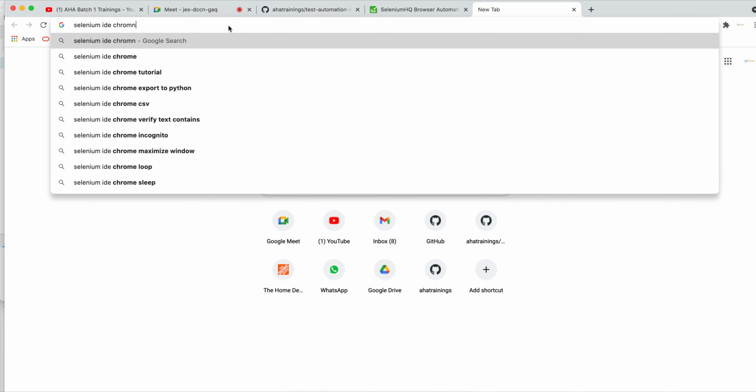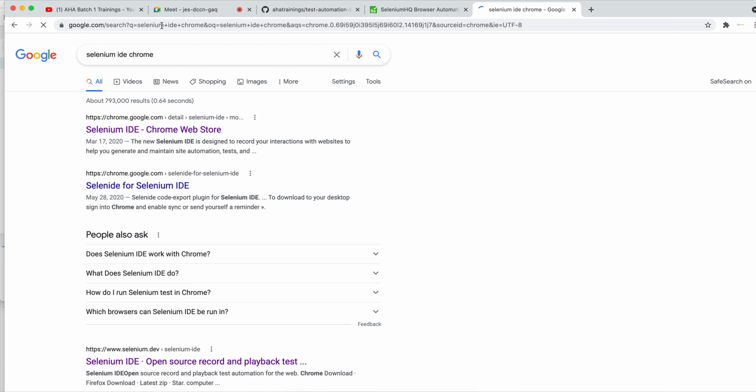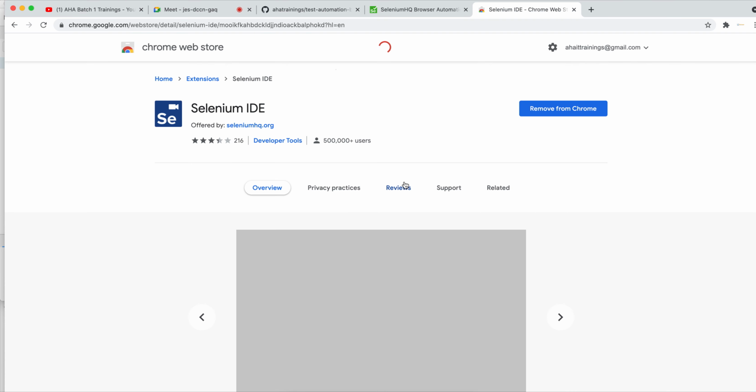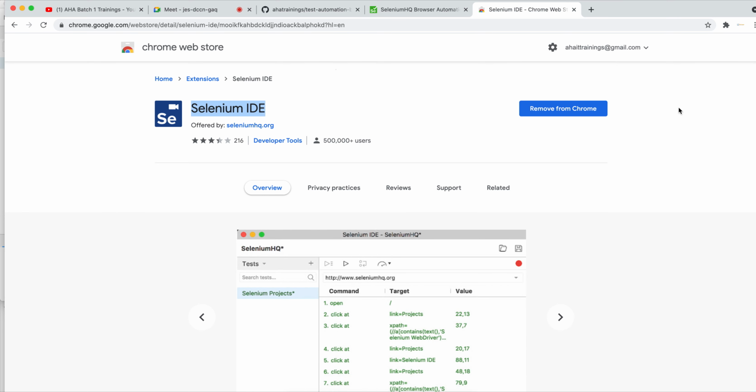When you go to Chrome, there is a plugin called Selenium IDE for Chrome. When you click on this, you will get an option to install it in Chrome. I already have the Selenium IDE plugin; if you don't have it, it will ask you to install.